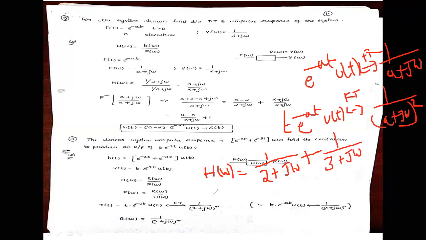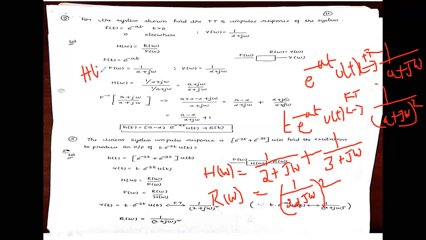Next one is R of omega. R of omega is equal to, the given is 2 into e power minus t mu of t. What is 2 into e power minus t mu of t? 2 plus j omega. It is multiplied with the t square term. To find out the F of omega, to find the excitation,